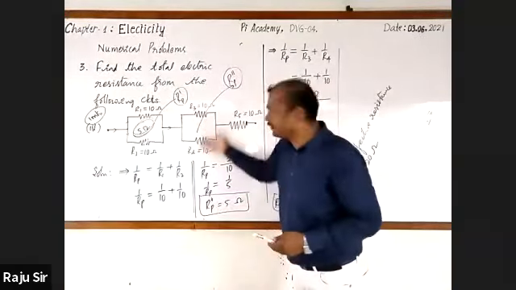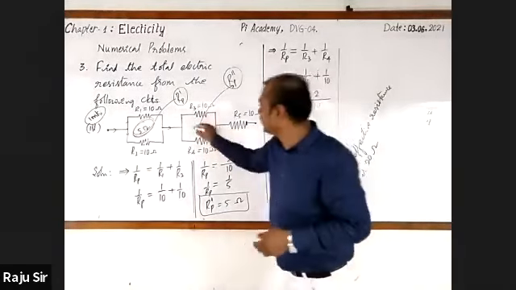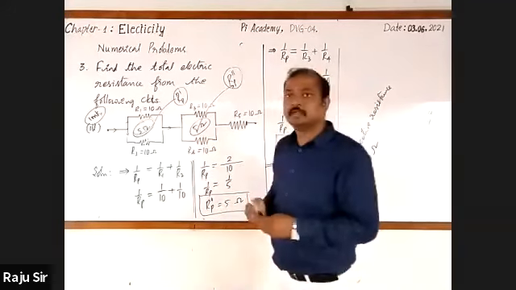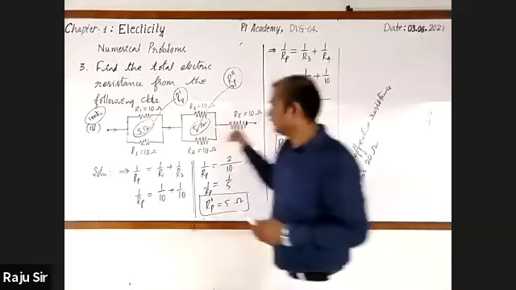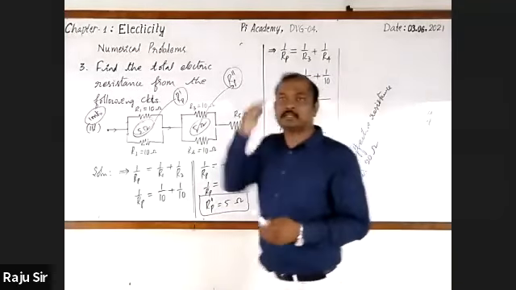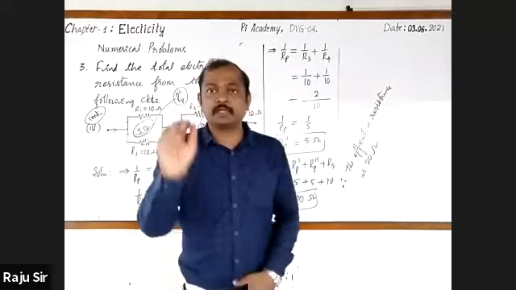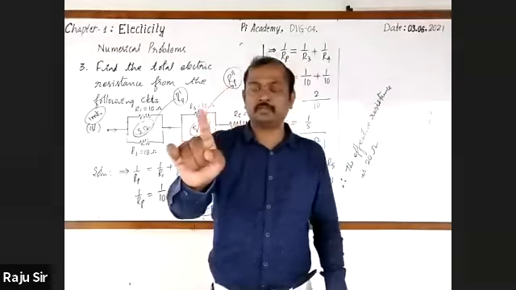You no need to go for calculating these two because here already 10 and 10 is there. This will also be 5 ohm. See that 5 plus 5, 10. And these two are in series with R5. 10 plus 10, 20. It is just mind calculation. That is why it was given in the examination for 1 mark.